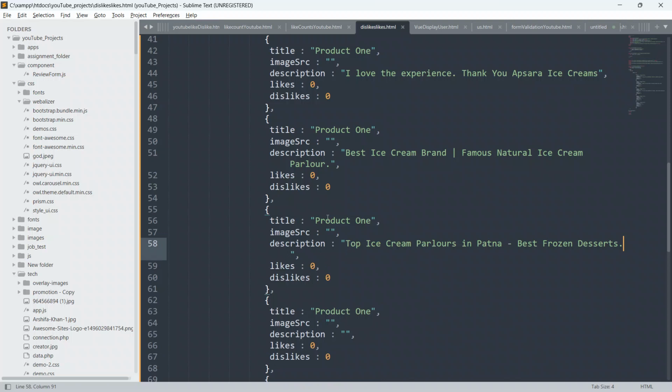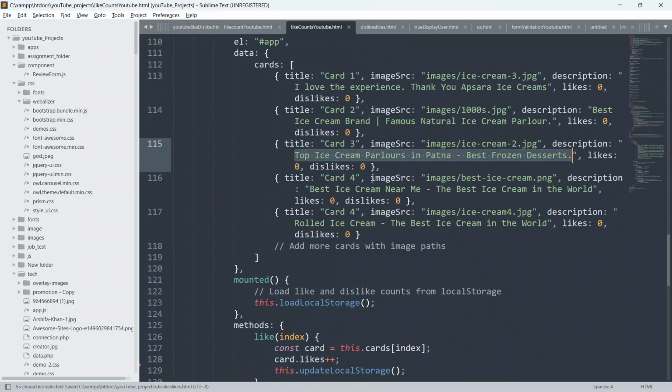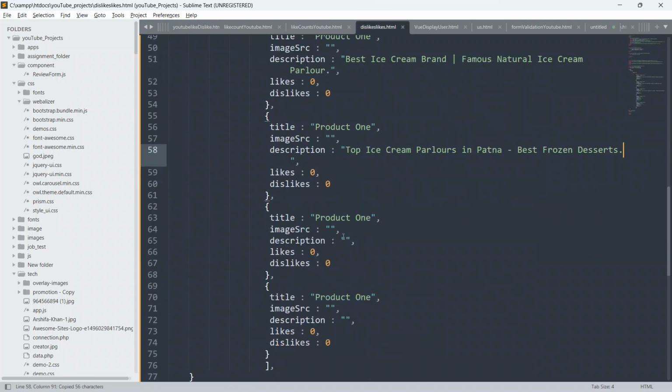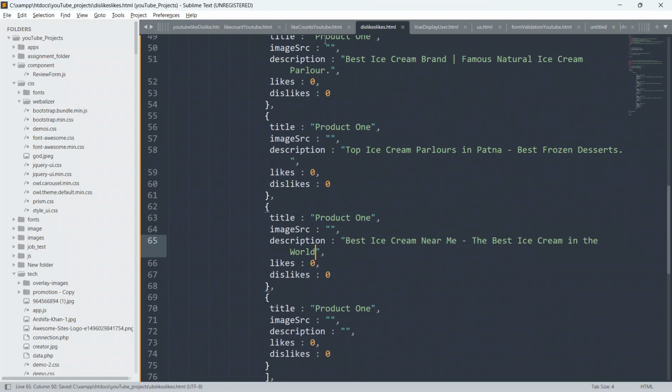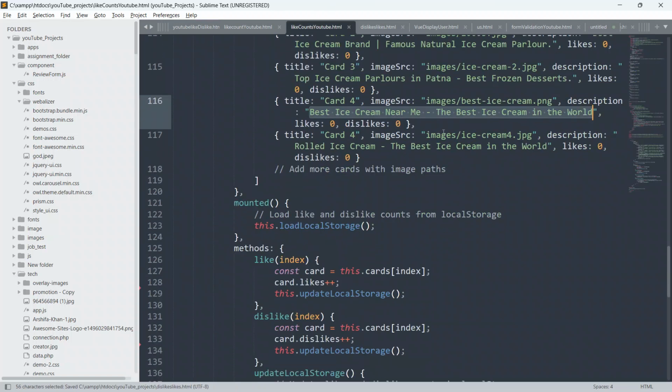Go again to the example and copy these descriptions from here and paste them into your code. Descriptions here also, and go again and just copy these descriptions.